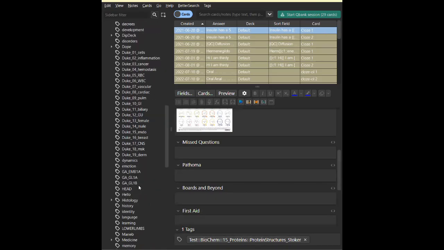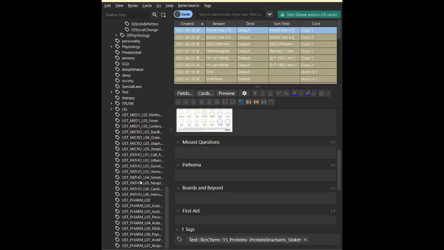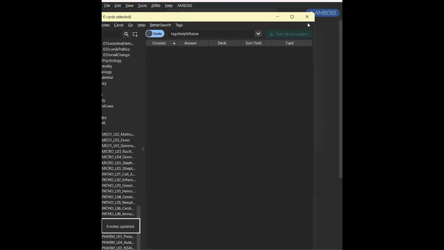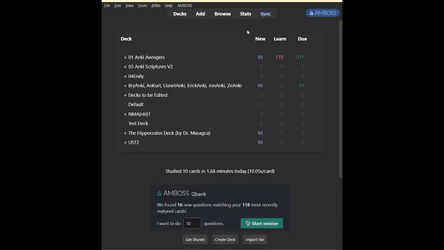You don't need to make a duplicate card. This will already facilitate your learning, because technically, since it's the same piece of information, the learning that you experience in the first physiology session, of course, will be applied also well to neuroscience. So let's say that's something that you've studied already a lot of times in physiology. It might not appear anymore in the neuroscience because it already tells you, you already know this, so I won't give this to you. It makes your study session a lot shorter. It makes information a lot more concise. You don't have to memorize so many things about the same concept. It'll make things easier for you.